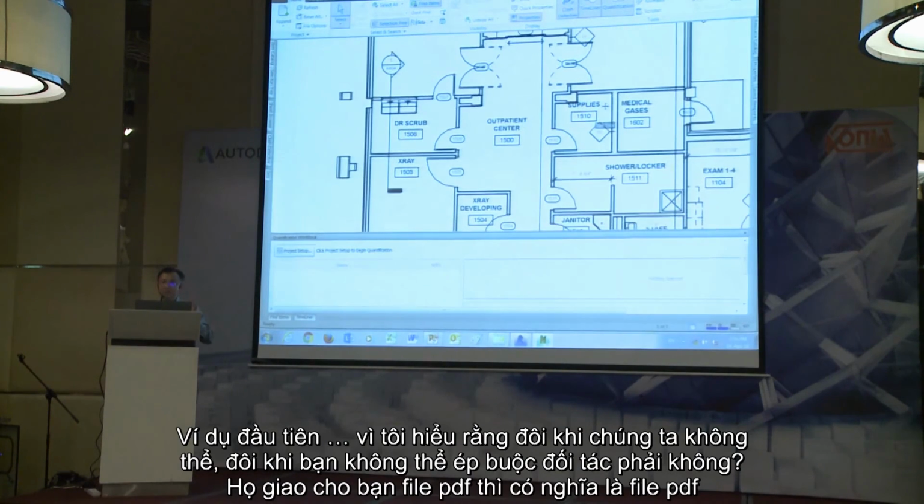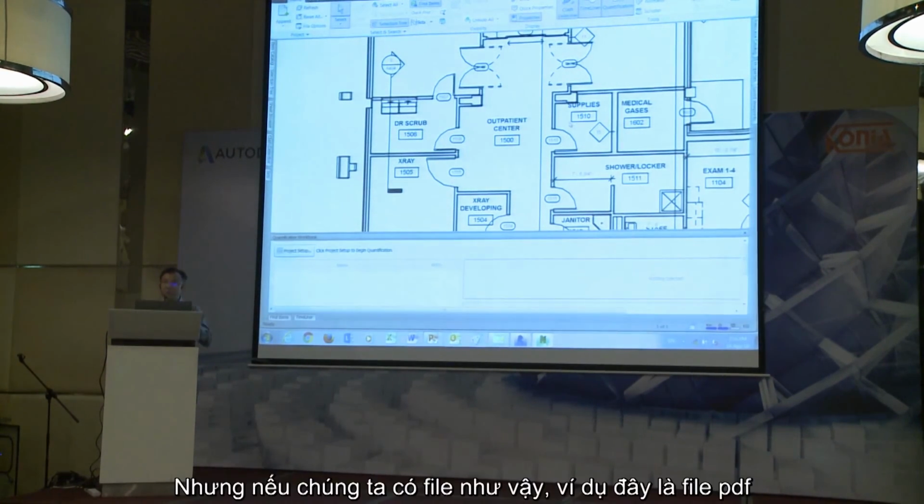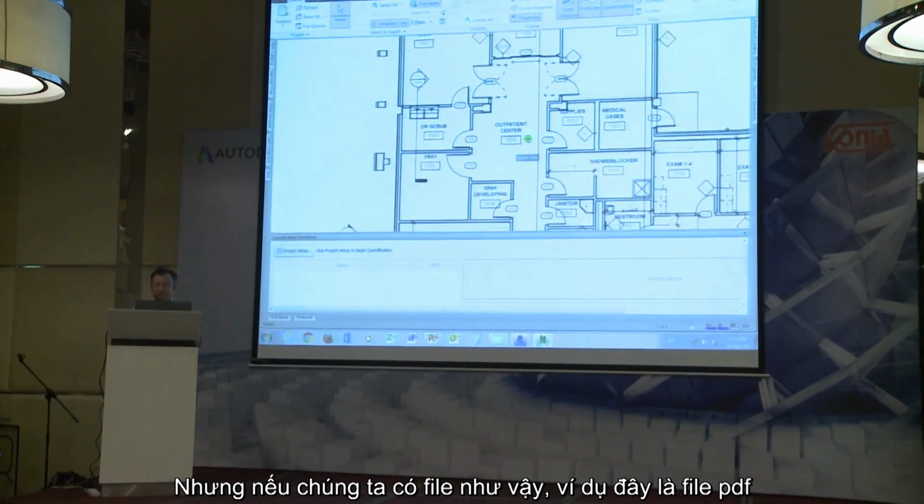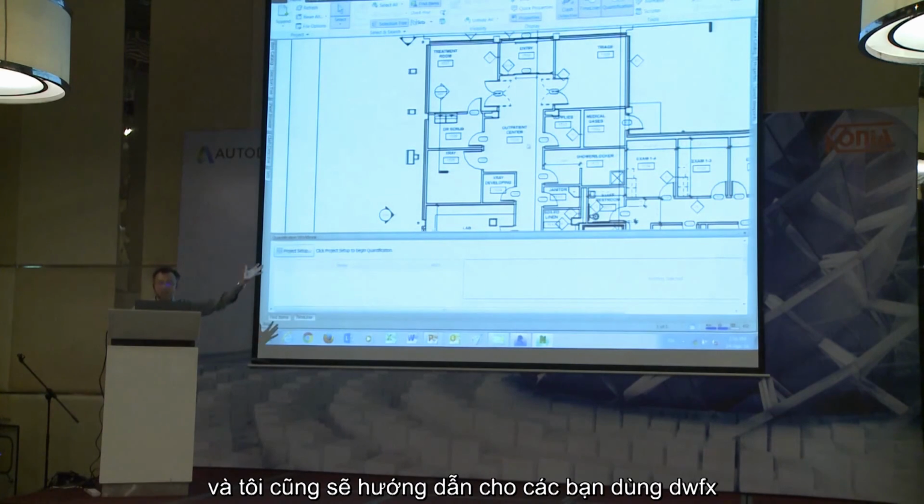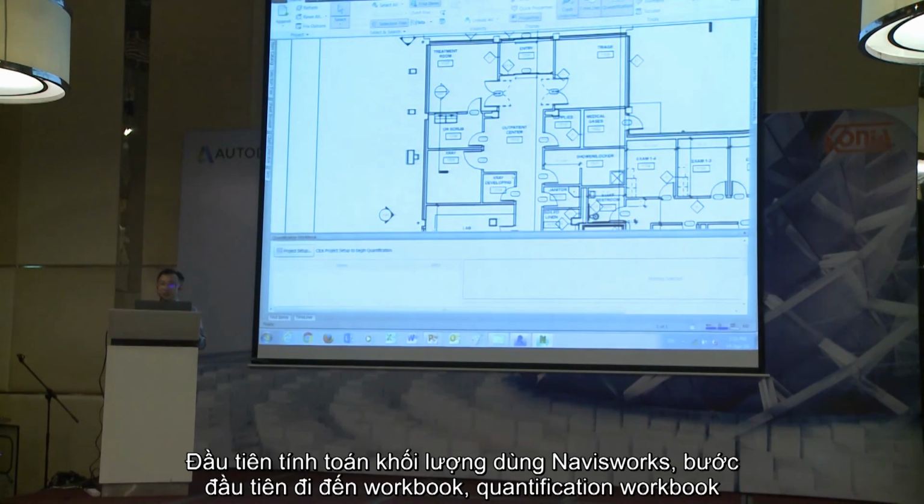The first sample, because understand that sometimes we cannot force our partner, right? They will give us PDF, then video. But if we have a file like that, for example, this one is a PDF, okay? And I will also use it as the DWFX. The first quantity takeoff for using Navisworks